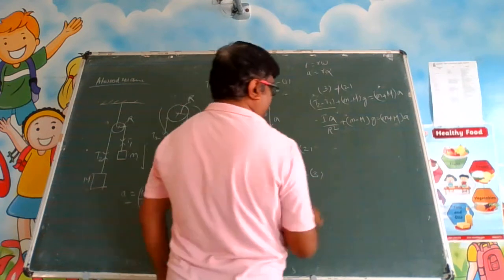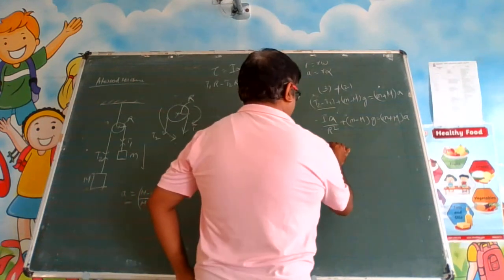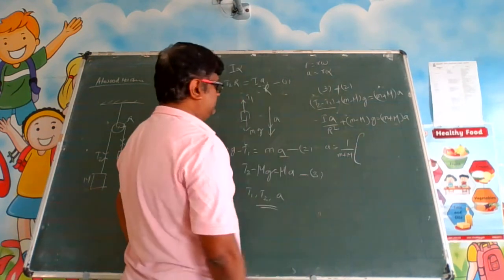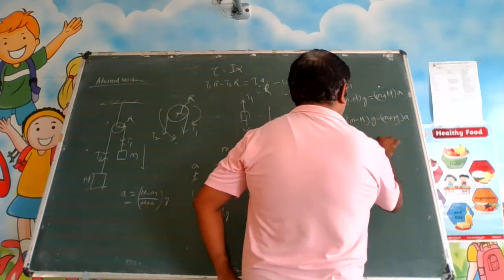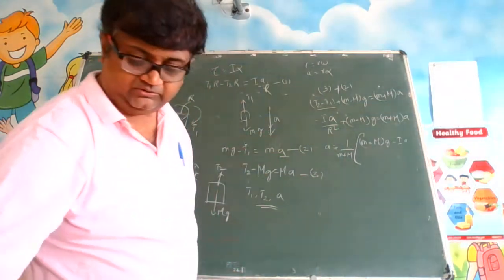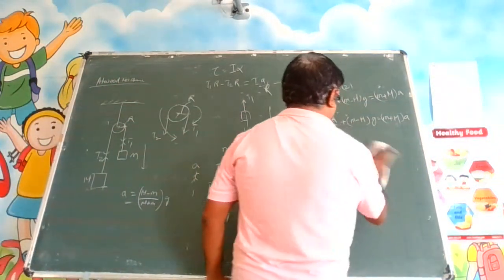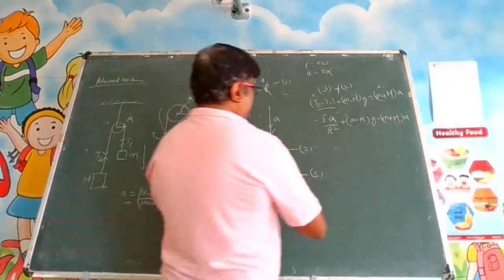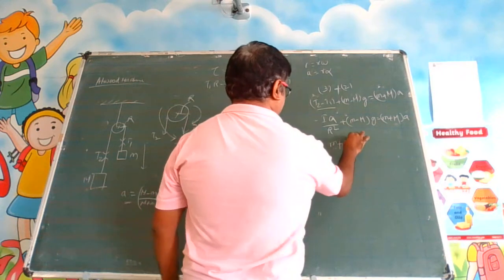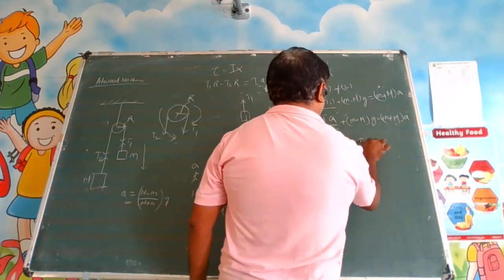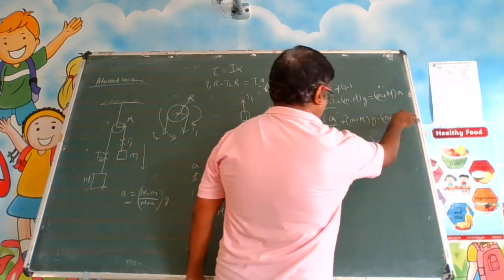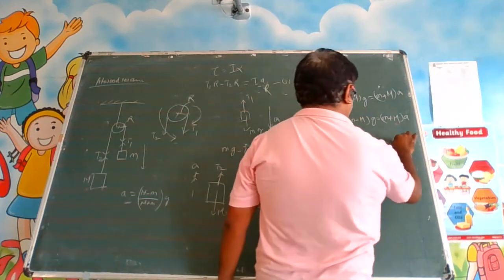So let us write the expression for a here. So this a will become 1 divided by (M plus m). Alright? (M minus m) into g minus I a by, there is also a here. Let us take this a term to the other side. So if you take this term to the other side, (M plus m plus I by R square) into a is equal to, this term has gone to this side, so this one remains here. So this is (M minus m) into g.